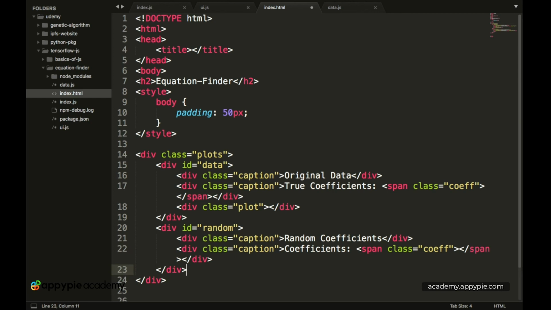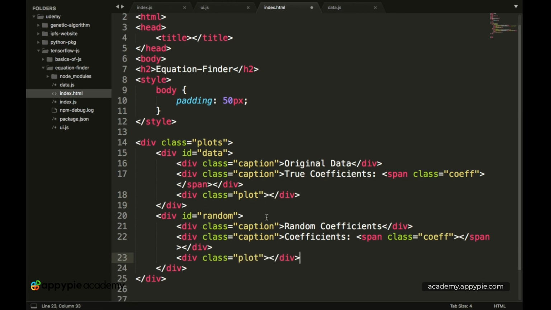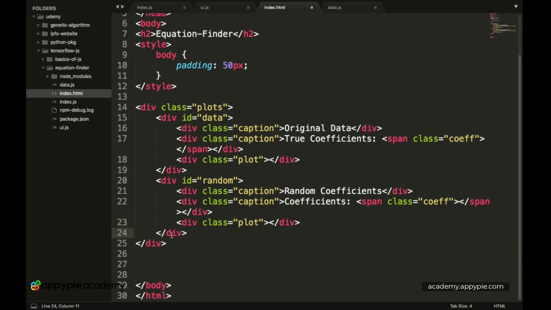So now after this we basically have another div over here which is called a plot, which was the div which we have created over here. So let's copy this and let's paste it over here. So now we have a plot created for our random points as well. So now after this particular div, let's create another div over here which will have the ID of trained. So we have div followed by the ID of trained,